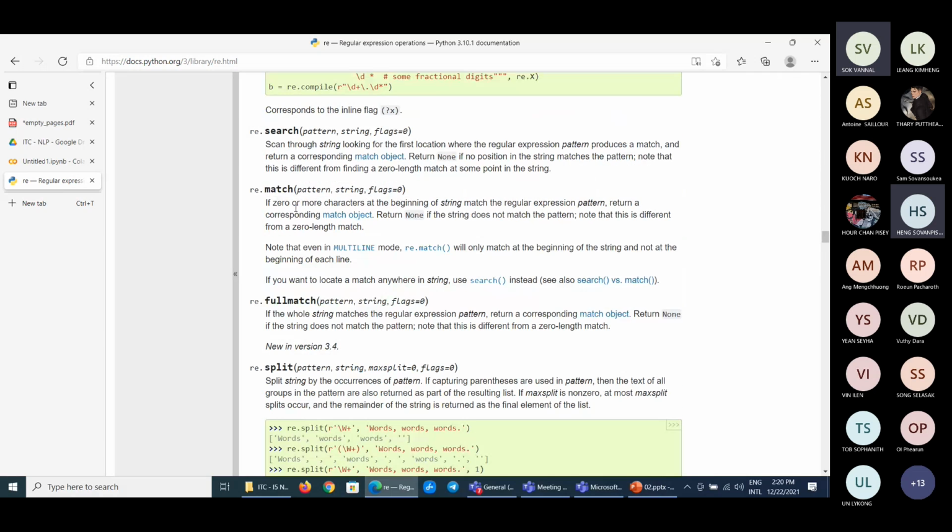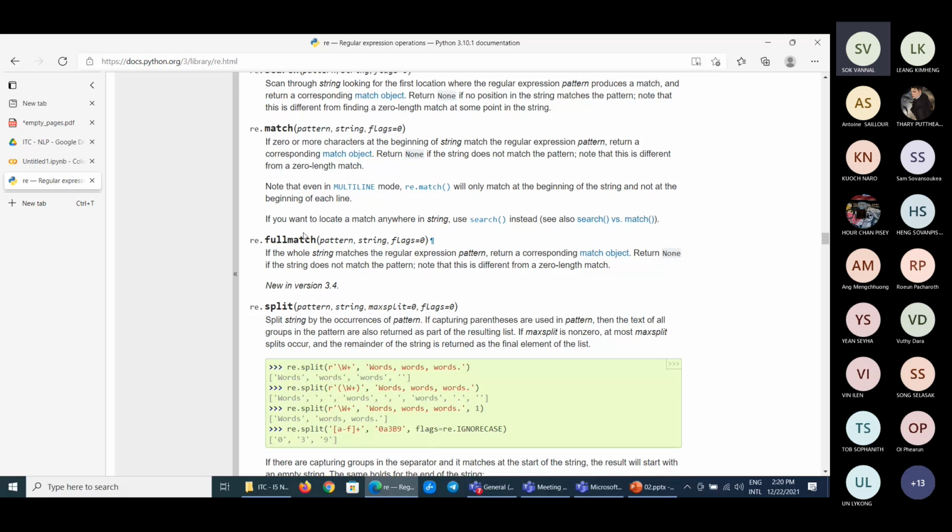I think you mean full match. Yes, full match. So full match means that the whole text needs to match our regular expression. But if we use just match, it means that if the beginning of the text matches our regular expression, it also returns